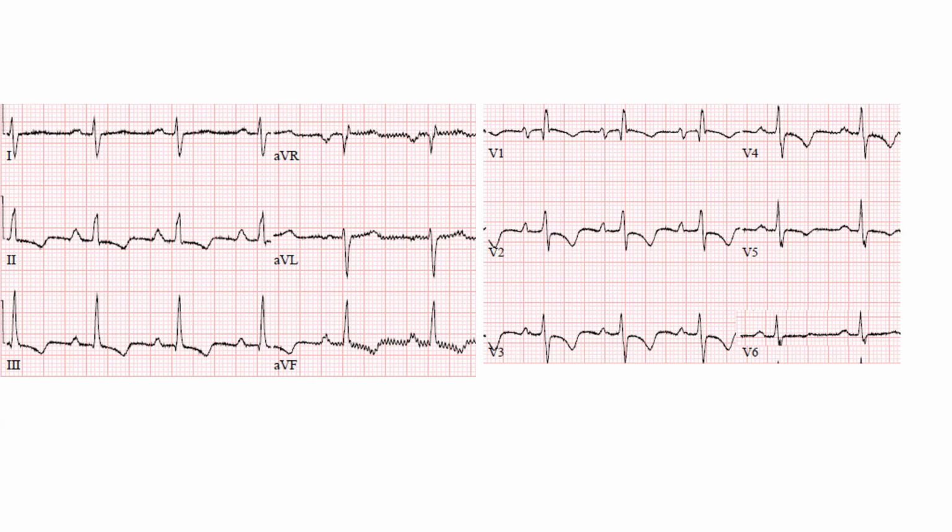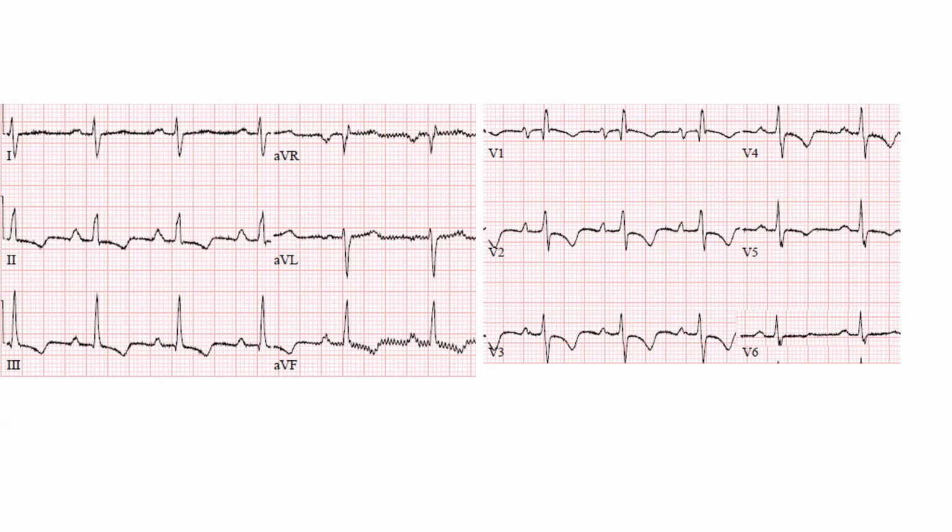RVH, like LVH, may lead to secondary STT abnormalities. Those secondary STT abnormalities will look in the opposite direction to the QRS. So in leads V1 through V3, you will have ST depression opposite to the QRS. You tend to get more T inversion than ST depression with RVH, just because usually the RV mass is smaller